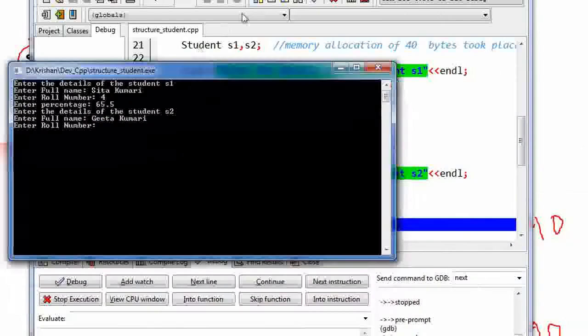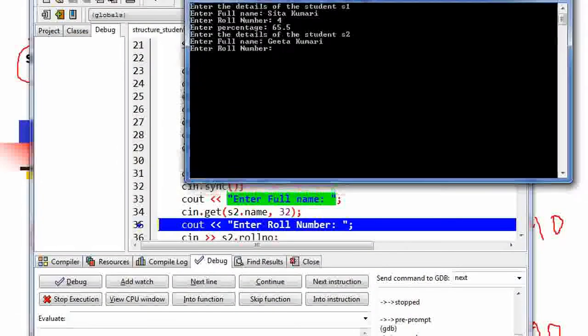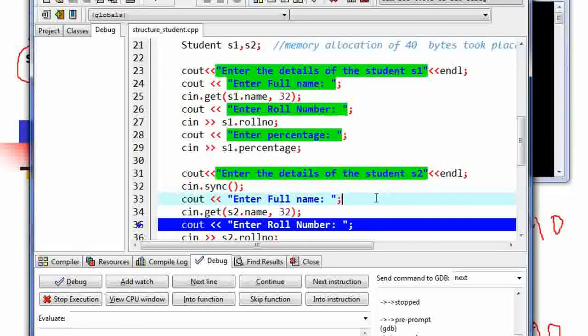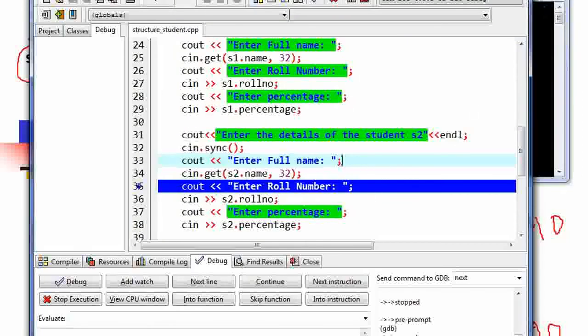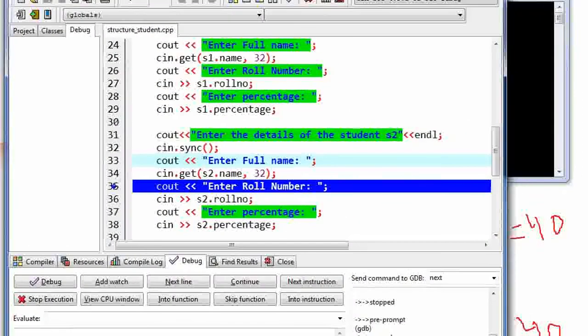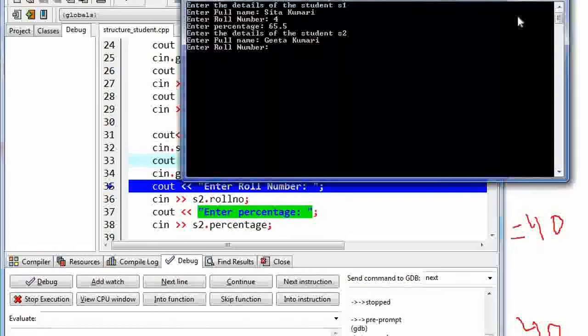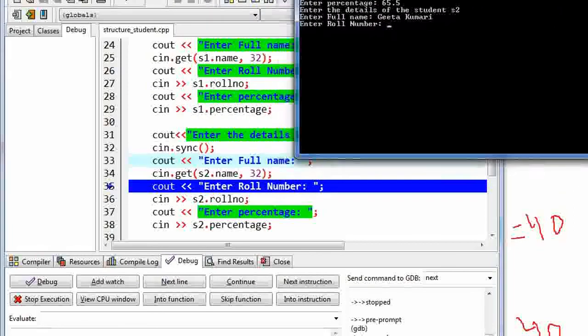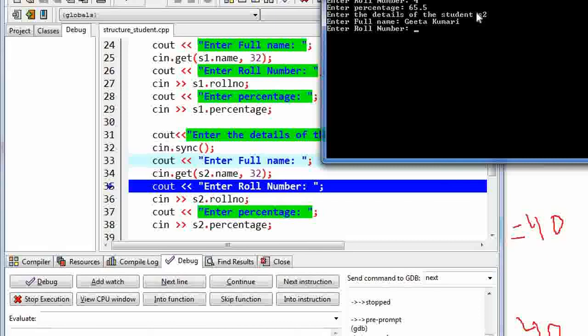See, whenever I am pressing this, I just want to, okay, I hope you will be able to see. When I enter Geeta, and then give the roll number, it is 5.